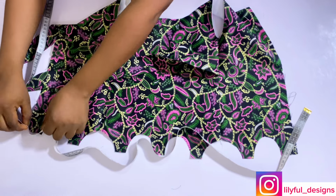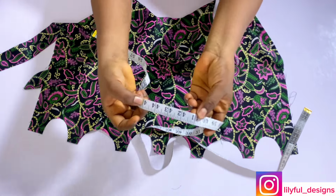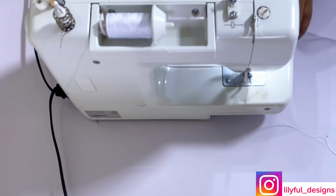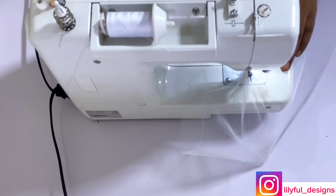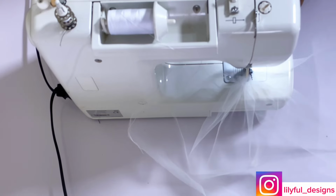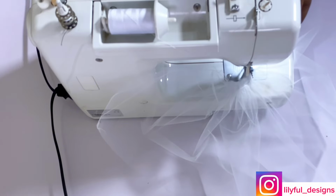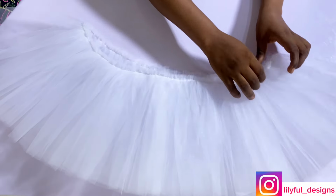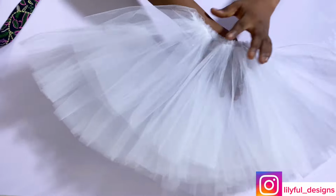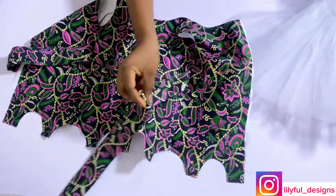The tape is not flexible, so what I got there is 41 inches. Then I'll be adding an extra 4 inches, so I'll make my gathers about 45 inches to be on a safer side. So I'll go ahead and gather my net, the 10 yards. I'll gather it and gather the second one, place it on top, and so I'll gather to a length of 45 inches, because that is the measurement I'll be taking. After gathering the two of them, this is what I have. The measurement is now 45 inches, and this way I'll go ahead and fix my net